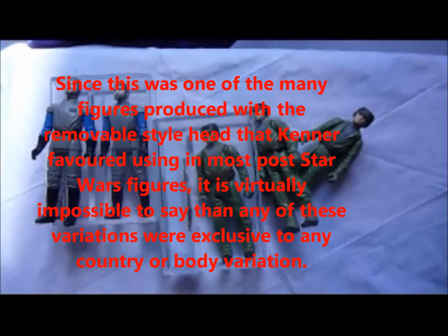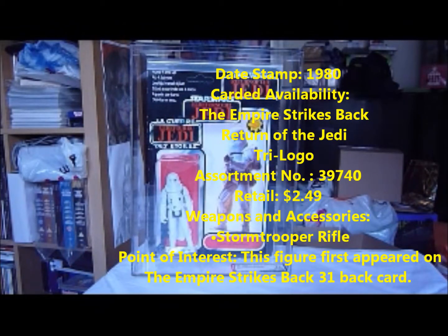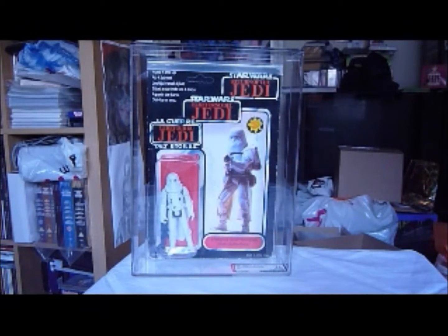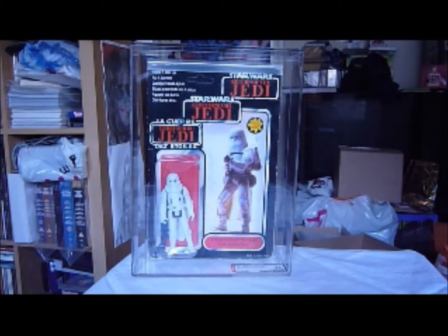Okay, cheers. AFA have deemed it the YPS Snowtrooper because of the sculpt of the body. It looks like it's cut out of a harder plastic than the earlier versions of the Snowtrooper, and if you notice, the legs are quite wide apart, and the actual cape is slightly different. It has, instead of slits where it attaches to the hooks on the side of his body, it has round